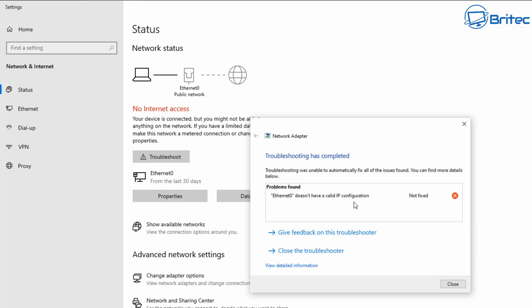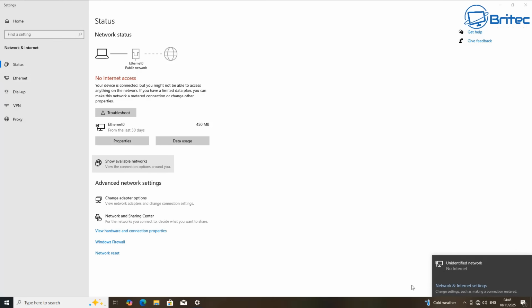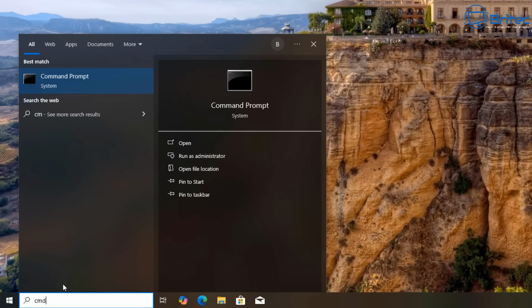Now, there's some basic things you can actually do inside Windows which will help you resolve a lot of these problems, and this is a common problem that people face on their computer where they just don't know what to do when they get an error. But we're going to go through and I'll show you some of the things you can try to resolve this common problem. So what we're going to do first is go down to the search box here and type CMD,